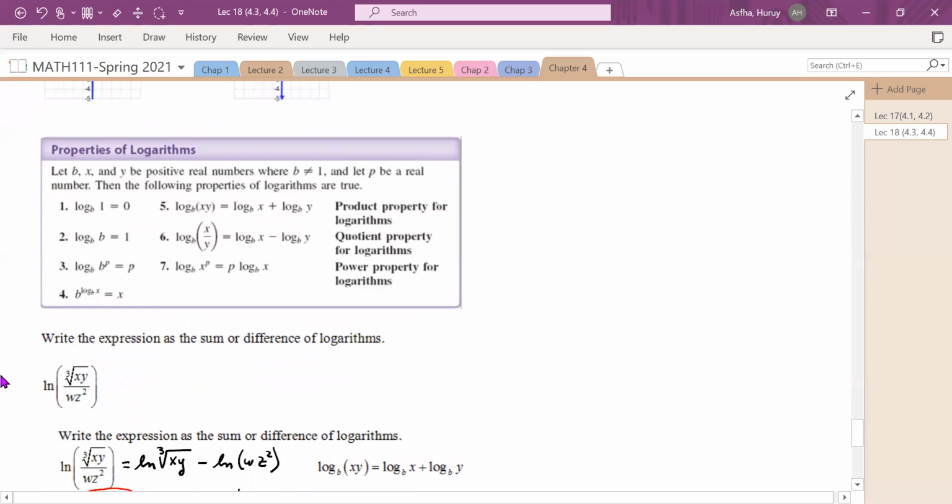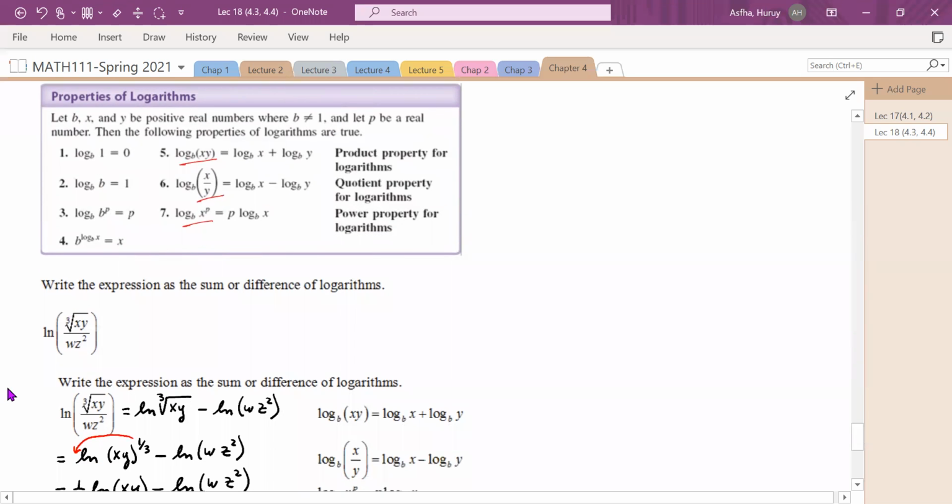And well, this is a summary of most of these properties. We have this property that we learned earlier. We have the product property, the quotient property, the power property, and the rest that we learned earlier. Okay, so all together that means